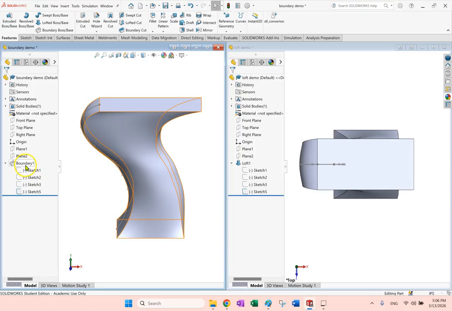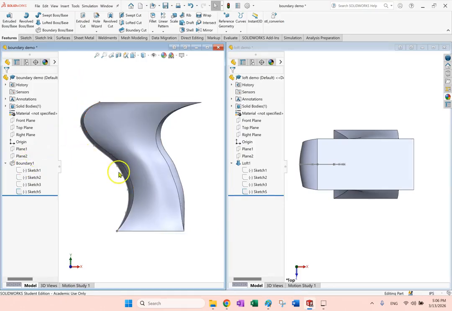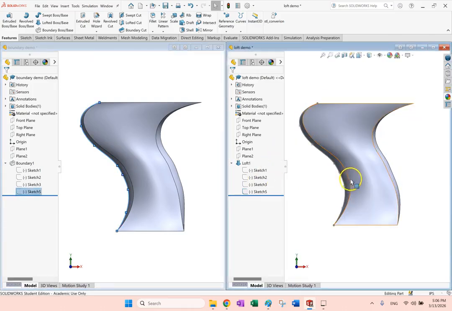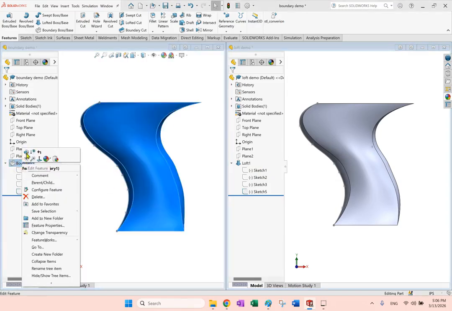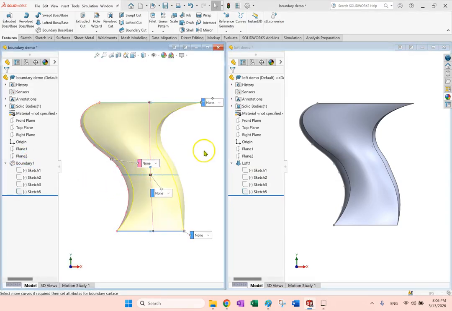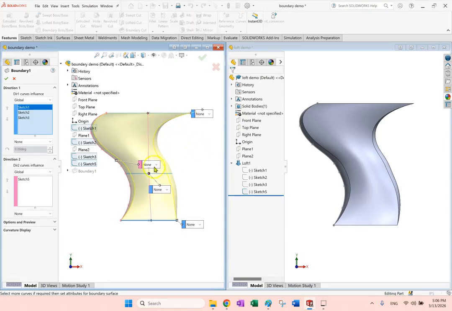Okay, so here it shows itself that the effect of direction 2 is a little bit heavier compared to this one here in the loft. So even though we use the exact same profile, the exact same guide curve or direction 2, the results are not exactly the same. But more importantly, if you remember, this one gives you a lot more control. It allows you to control each and every one of these profiles. This one only allows you to control the beginning and the end. So this one is much more powerful when it comes to